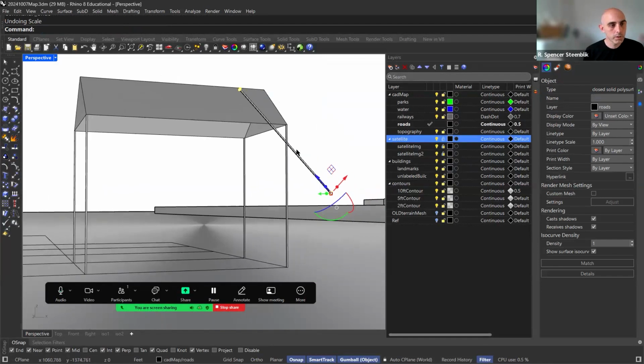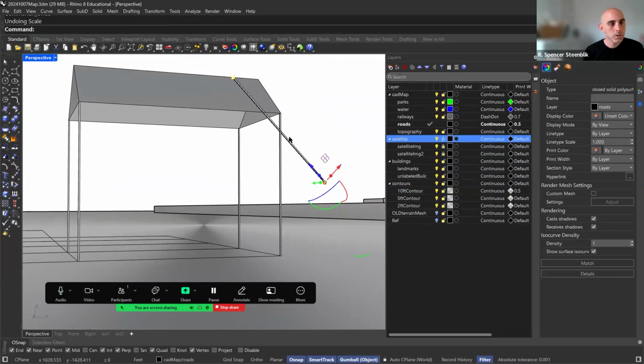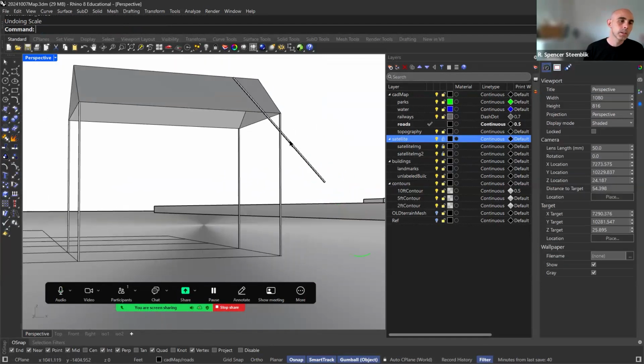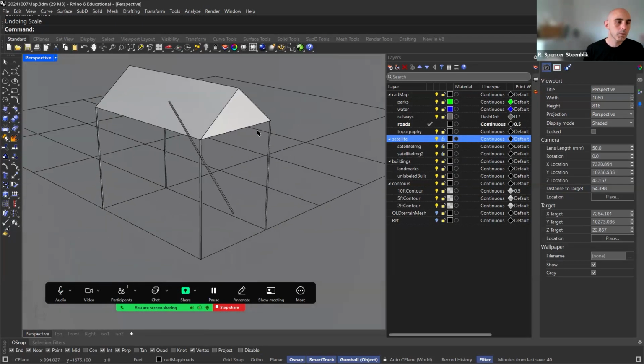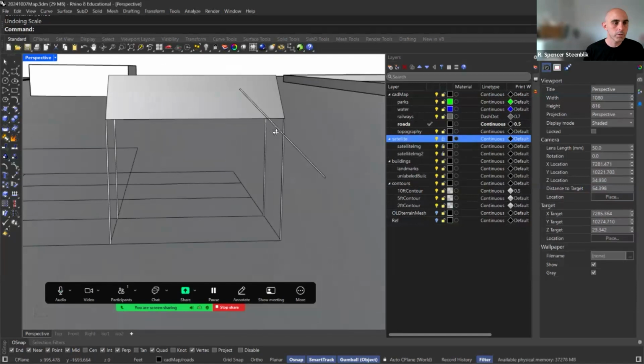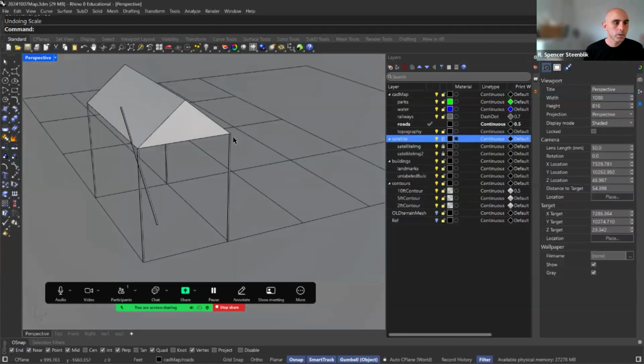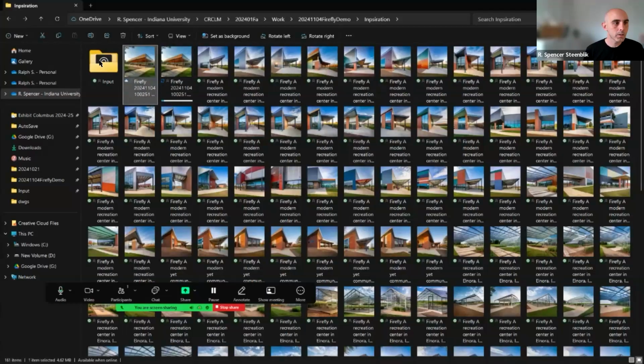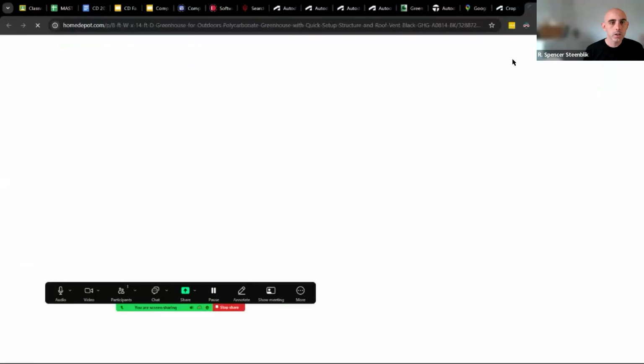Oops, I want to scale 1D. That's what I want to do. So I'm going to select. I'm getting too into the weeds here, but I think it might be useful to have this kind of detail in here. You know, if we look back at the greenhouse,